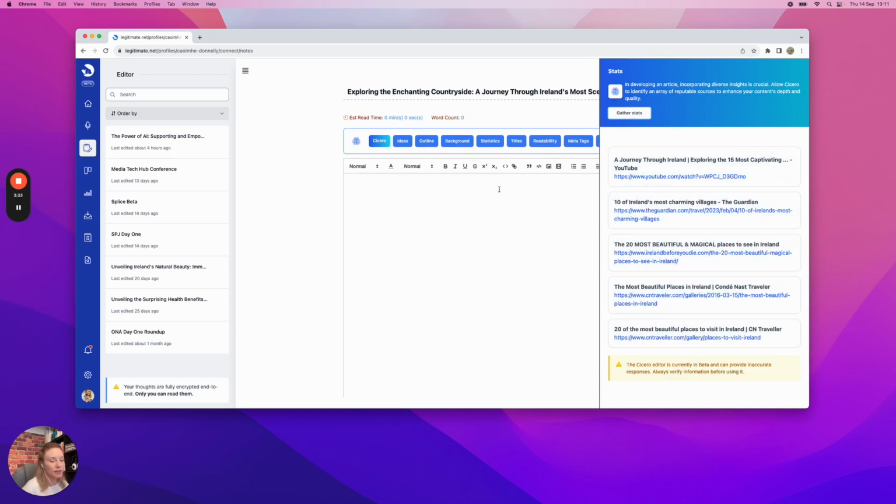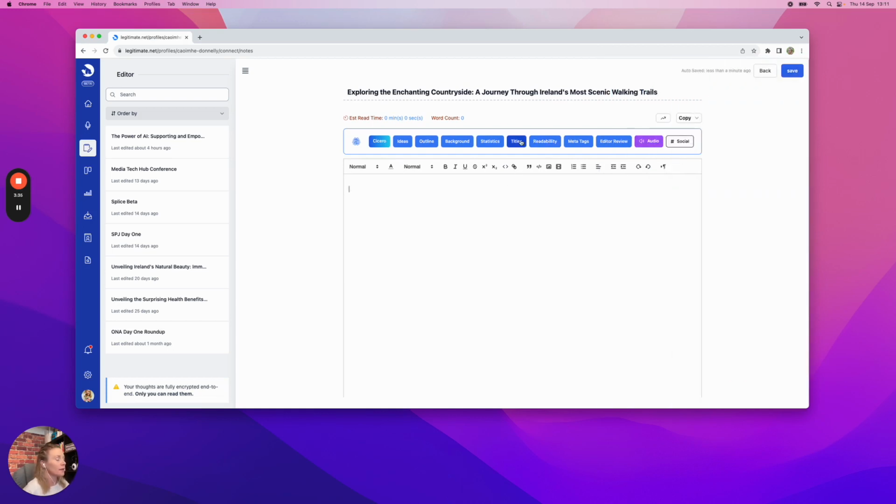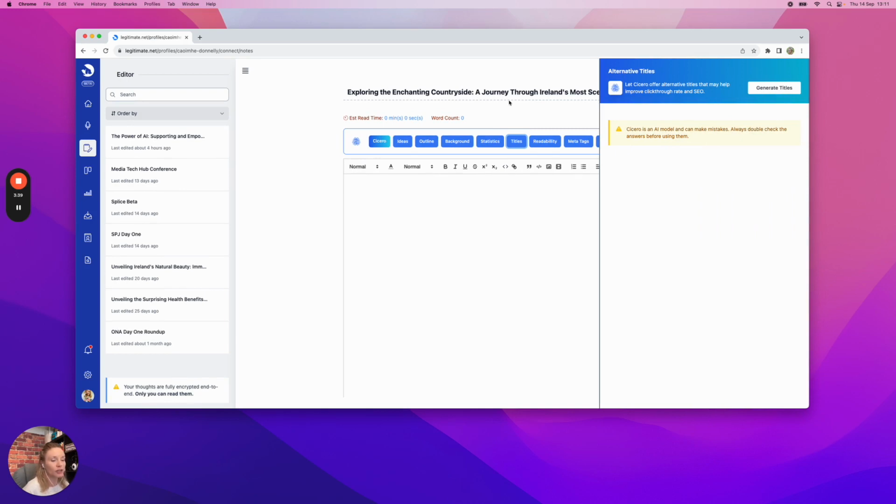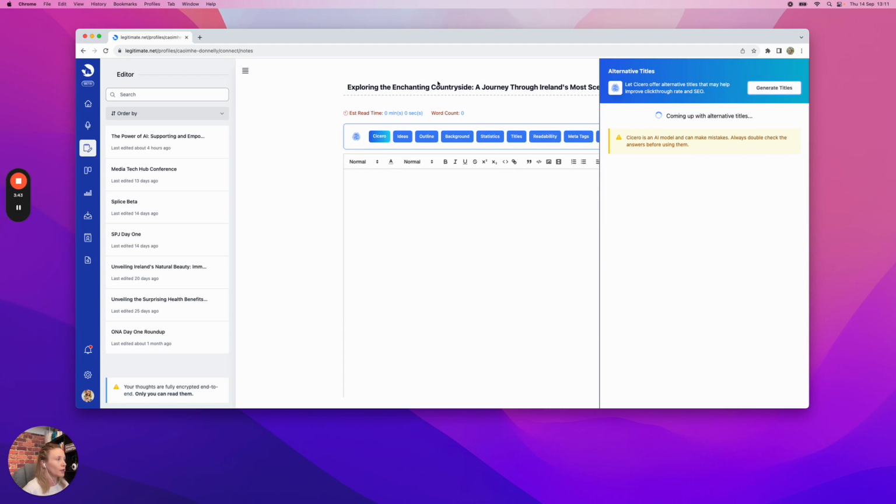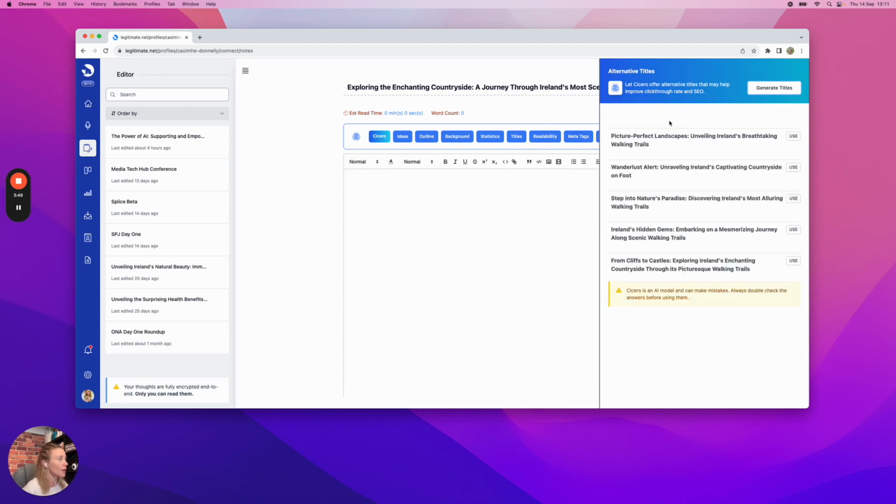can go and investigate. The next button we have here is titles, and it's going to optimize your title for SEO and click through. So we'll just click the button. It will take what I already have and it will optimize it here so that we get more eyes on our work. I'll just click use, it'll switch it out, or if you change your mind, you can click use